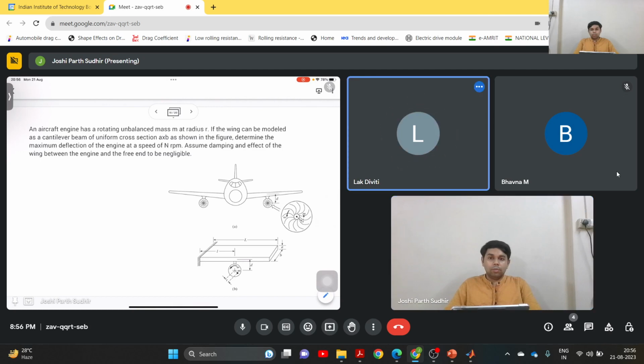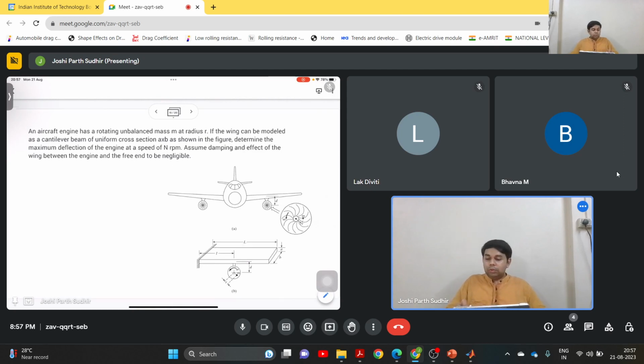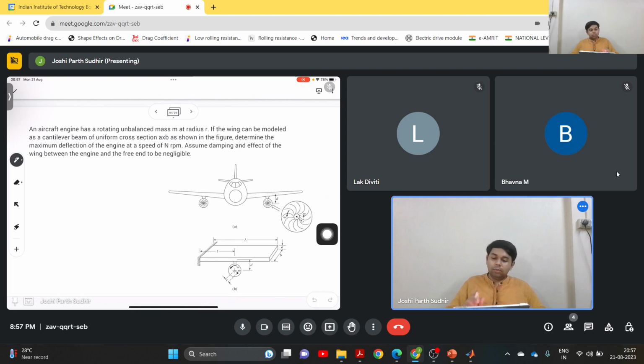No, sir. Okay. Maybe finding the equivalent stiffness for the cantilever beam with a point load, WL cube by 3EI. Yes, right. So you are right. It is given that the effect of the wing between the engine and the free end is negligible, so we can assume that the beam is only up till the engine. So you are right. The deflection of a cantilever beam because of a